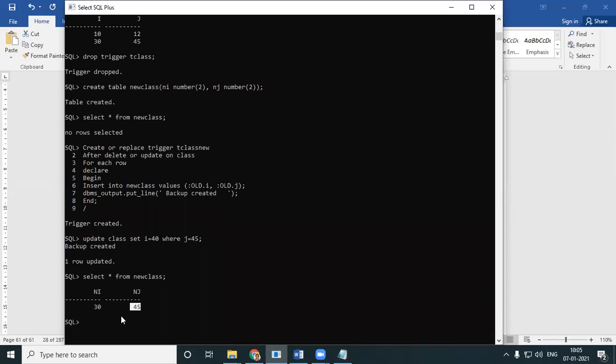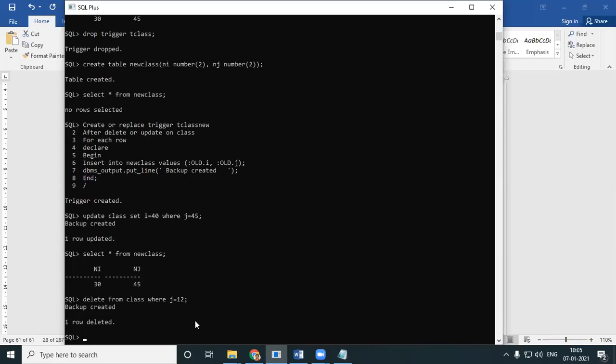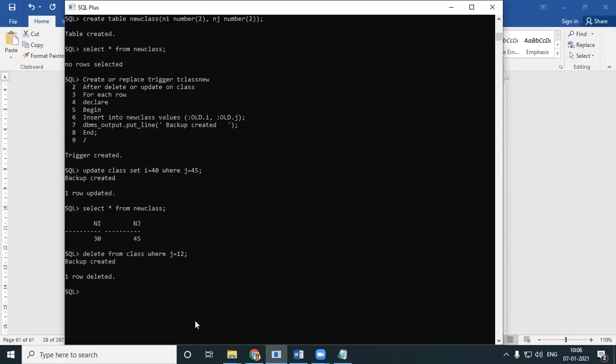The same thing will happen even if I delete. Delete from class where J is equal to 12. I'm planning to delete this particular row, 10 and 12. They're telling me backup created. Select star from class.